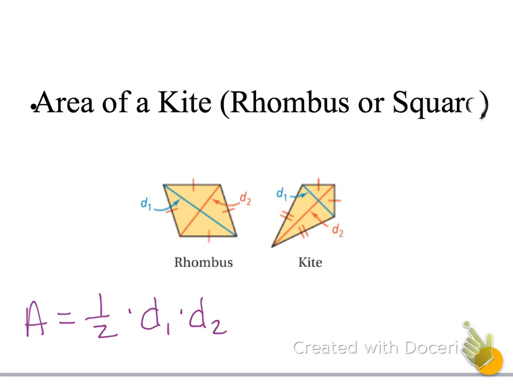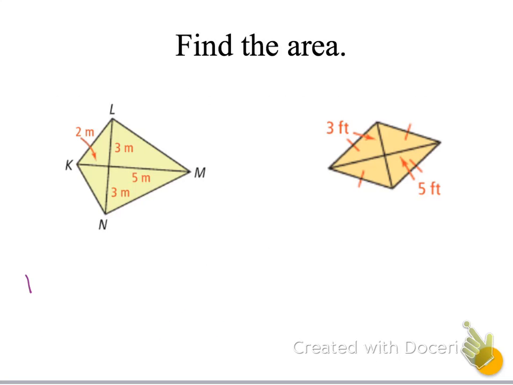Okay, area of a kite, rhombus, or square. Okay, so I'm going to do half times my diameter 1 times my diameter 2. So when I say diameter, I mean that full length. So for a rhombus, I'm going to take 1/2 times this full length times this full length. Okay, for a kite, I'm going to do 1/2 times this full length times this full length. Okay, so area equals 1.5 times diameter 1 times diameter 2. So I'm going to get A equals 1.5